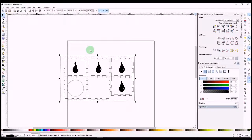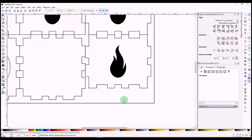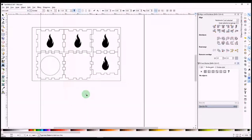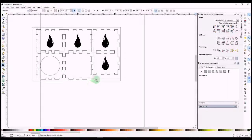Cool. And now I'm just going to zoom in to this little quadrant down there. And I'm going to get my text tool and place it there. That's the height of my cursor. If it's not that size, I can just change it to something else. I'll just make it 10 for now. And I'm going to write,